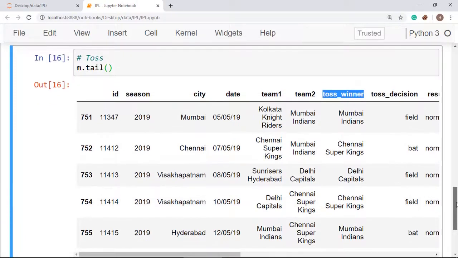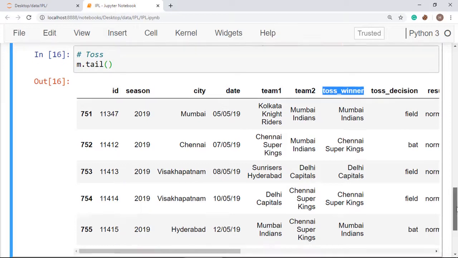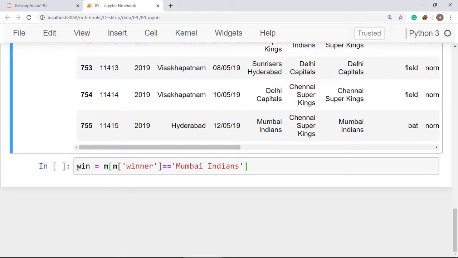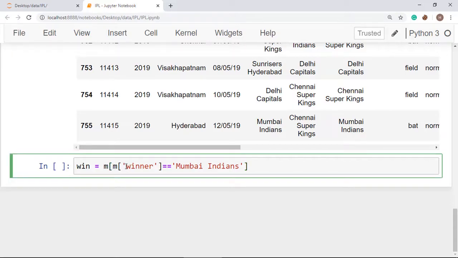So if we want to fetch out only those rows where Mumbai Indians has won the toss, then we have to use a syntax like this: bin is equal to toss underscore winner.